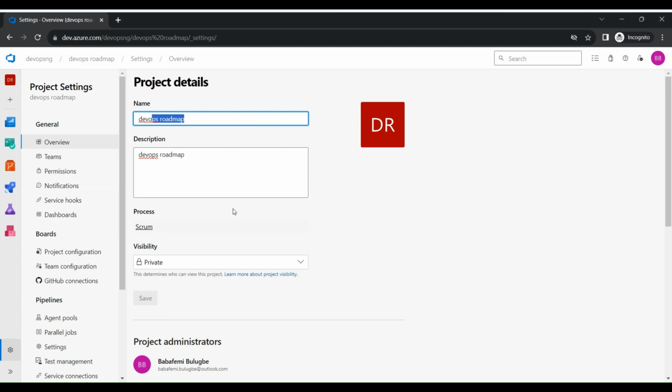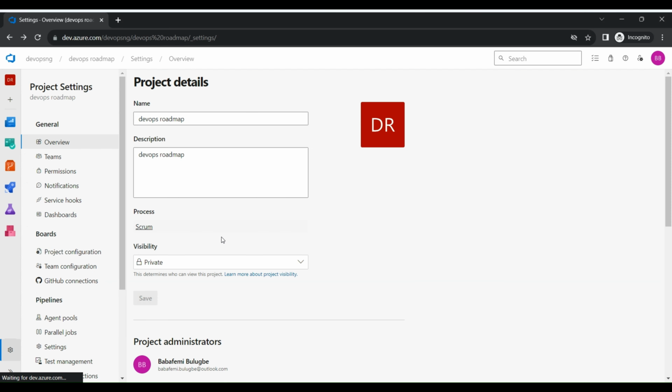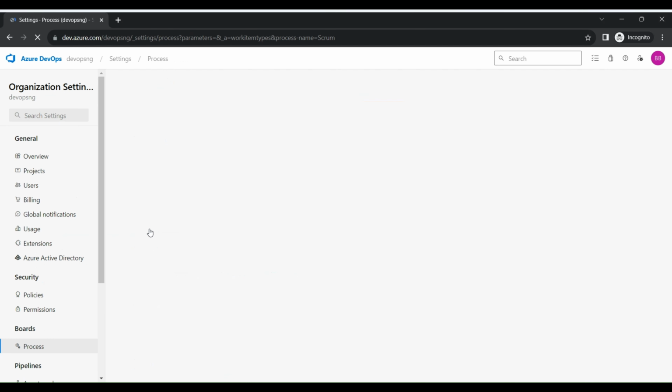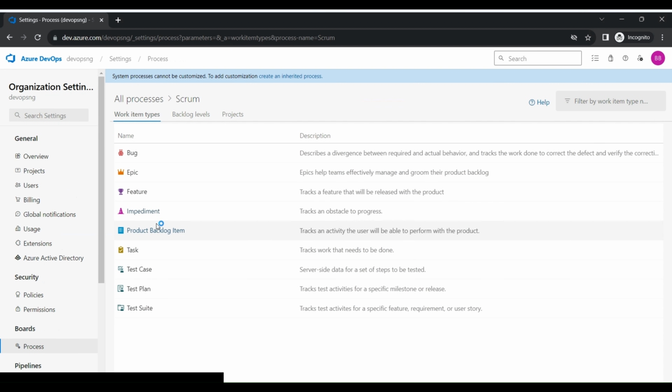Currently, I do not have any other user than myself. So I'm just telling you, should you have a project that already exists, if you go there and change the name, everyone will be notified. So you can see the process here. I can change the process that had been assigned to this particular project when I was creating it. Yes, I can do that. I can change the process, but currently, I will